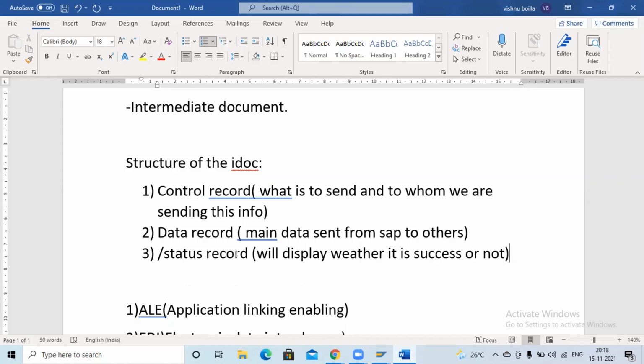So guys, these IDOC structures are very important in so many interview questions. First, they will ask what the structure of an IDOC is. So we have to tell them there are three structures, three levels: control record, data record,